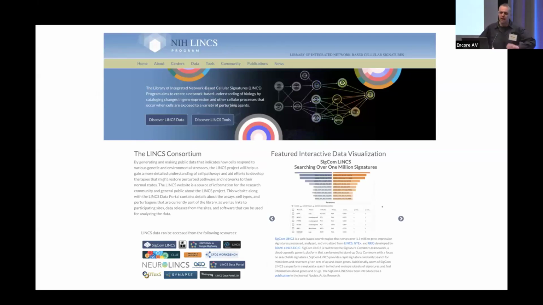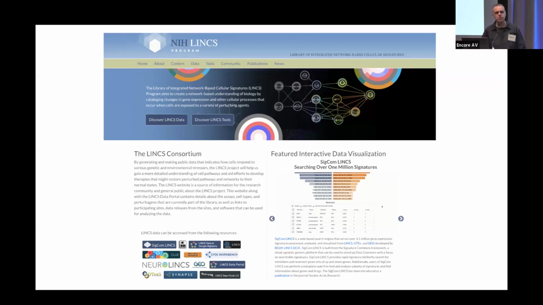The final project I want to point out is LINX. Now, LINX is interesting. Again, I do not come from a cheminformatics perspective, but LINX is collecting perturbation signatures over a number of standardized cell lines and looks at the effect of a small molecule in terms of the genes that have been upregulated and downregulated. So in that sense, LINX is helping us create a new distance function in terms of the functional effect of a small molecule, so that you can compare small molecules not on the basis of whether one has a furanose ring and the other one has a pyrrole one, but really in terms of understanding the functional impact of a small molecule on the basis of what genes it upregulates, what genes it downregulates.